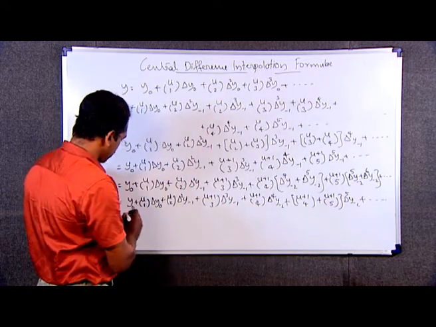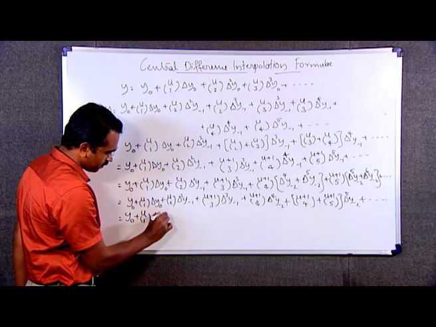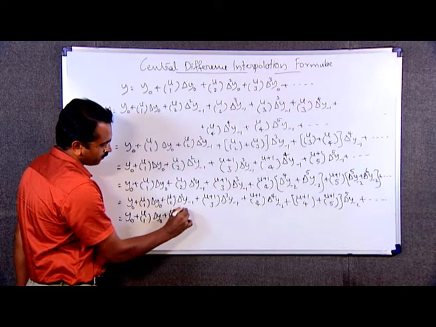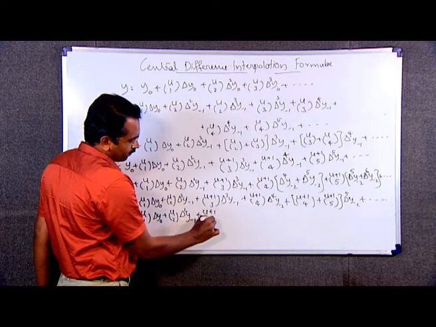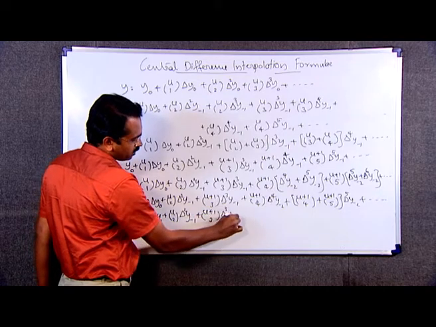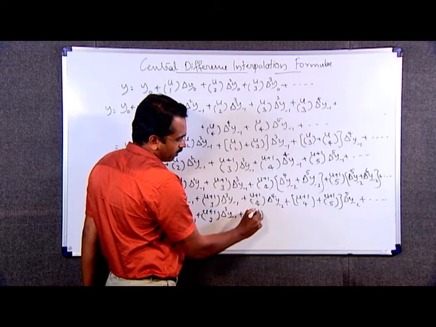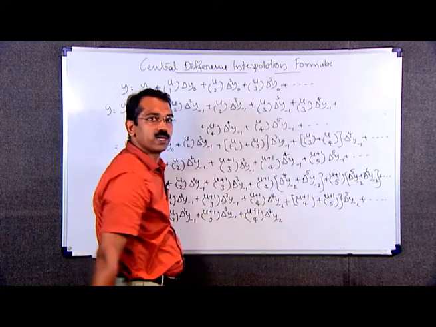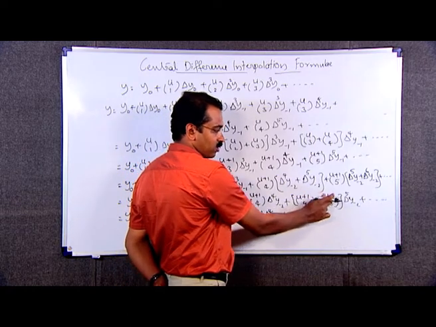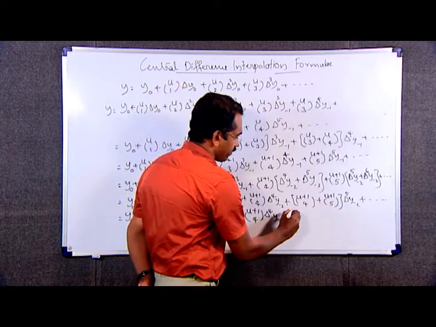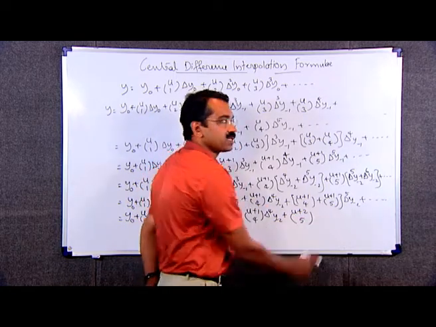which is equal to y naught plus uC1 into delta y naught plus uC2 into delta square y minus 1 plus (u plus 1)C3 into delta cube y minus 1 plus (u plus 1)C4 into delta raised to 4 y minus 2 plus, here we can write (u plus 1)C4 plus (u plus 1)C5 as (u plus 2)C5, (u plus 2)C5 into delta raised to 5 y minus 2